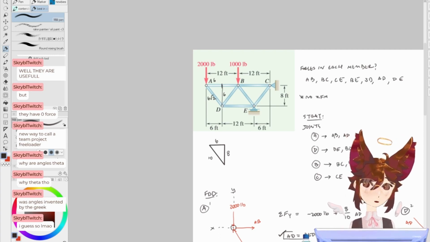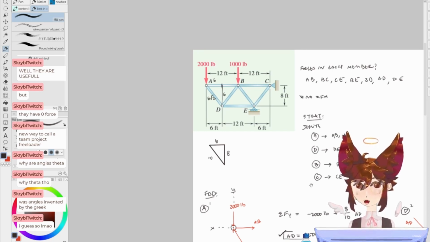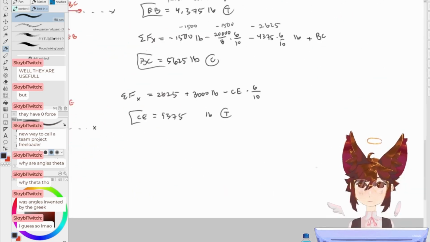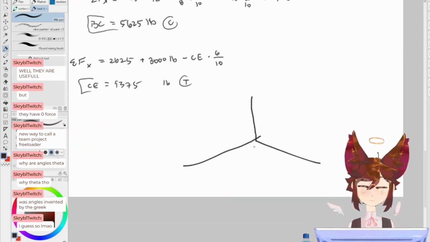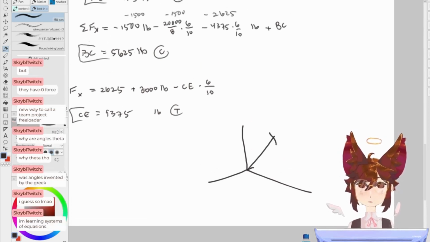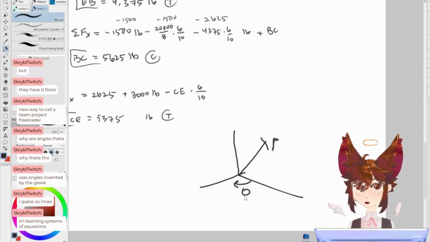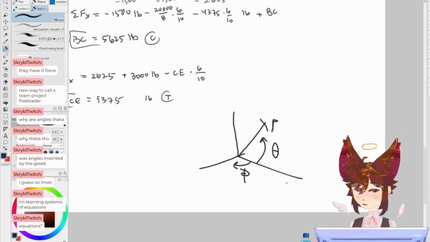Now, the real question is, why do we switch theta and phi for physics and math? When you're doing spherical coordinates, with three coordinates like this, in math, we say that this is rho, the radius. This is theta, like this, and this, your elevation angle, is phi. But in physics, we call this one phi, and this one theta. Why do we do that? I don't know.